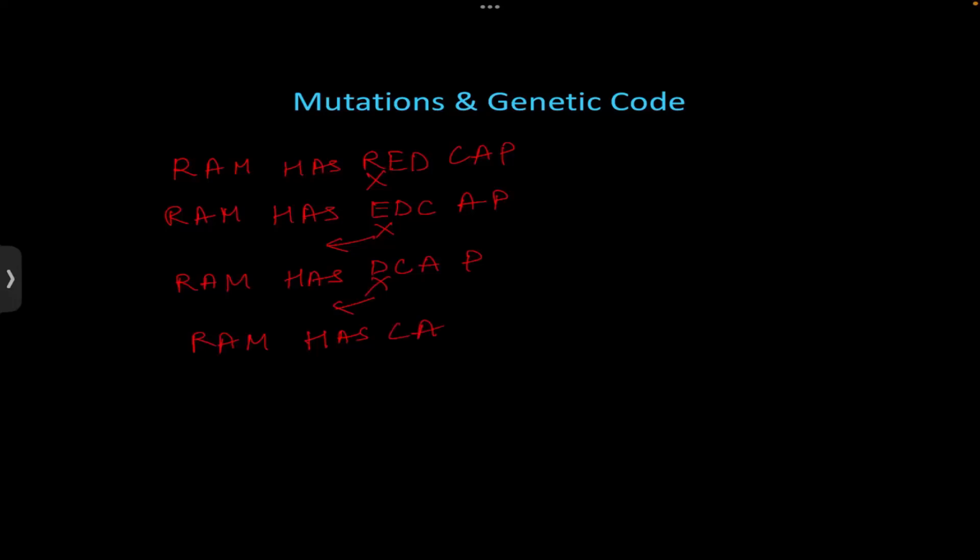It will be cap. So here what it means is after four mutational events, actually three mutational events, the meaning of the sentence gets completely altered. Here the sentence becomes Ram has cap. So here it is happening because there is a shift in the frame. That is how the translation machinery is going to read the particular sequence of the mRNA that gets shifted